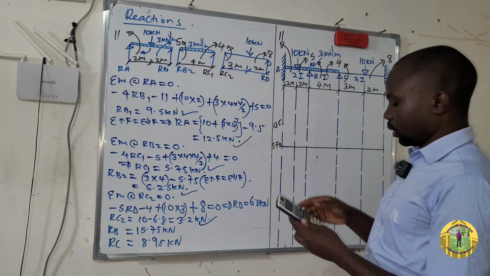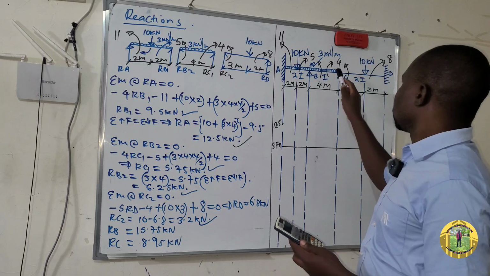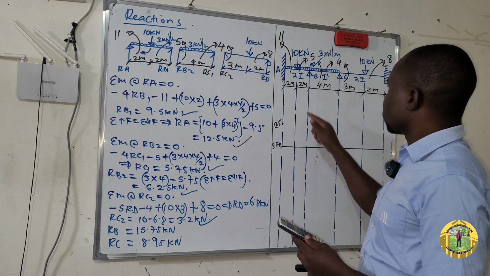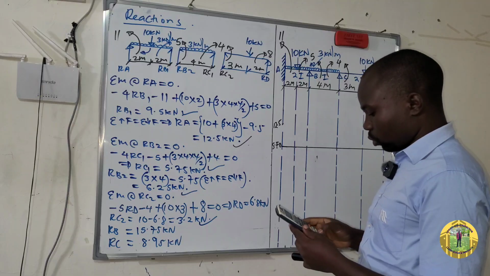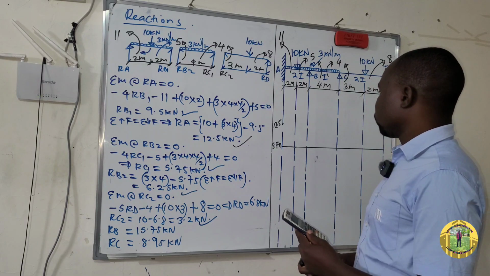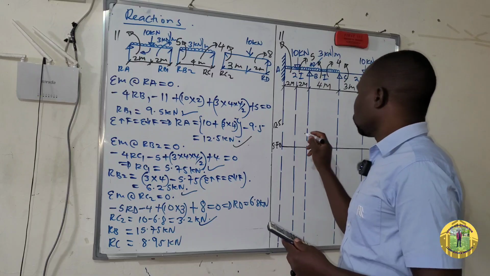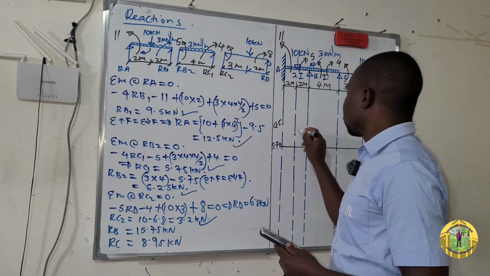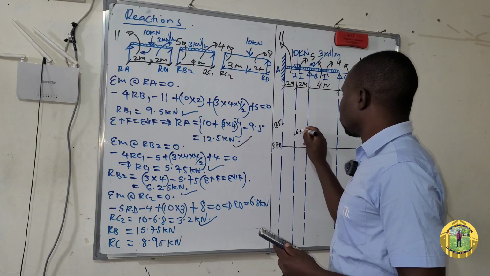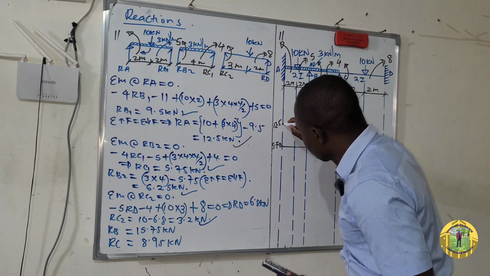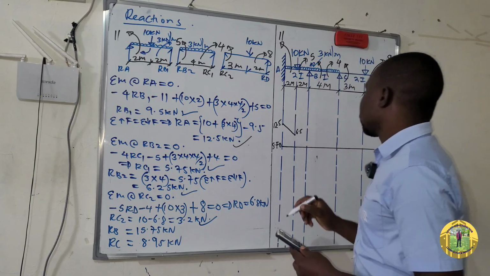then minus UDL. This is 3 times the distance from here to here, which is 2. You'll get 6.5. So 6.5 somewhere like there. So join an inclined line like this,